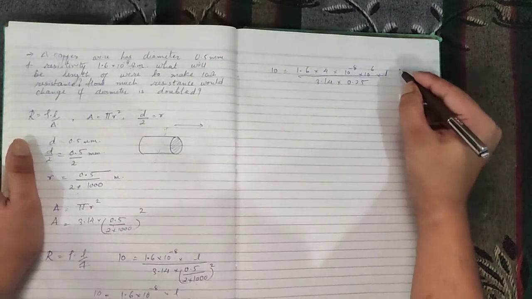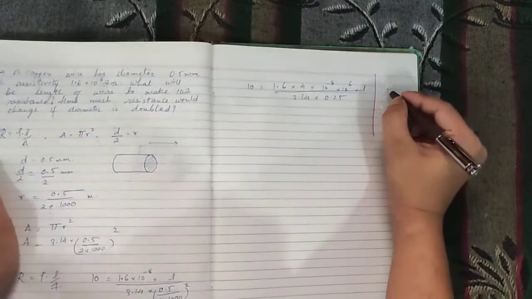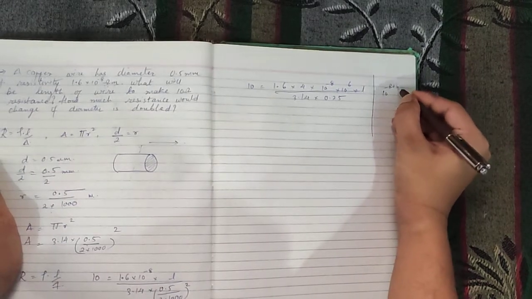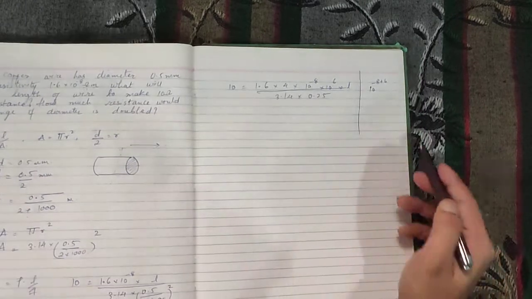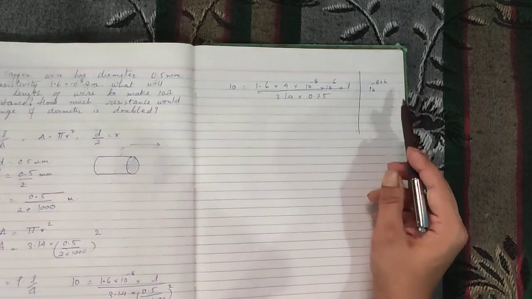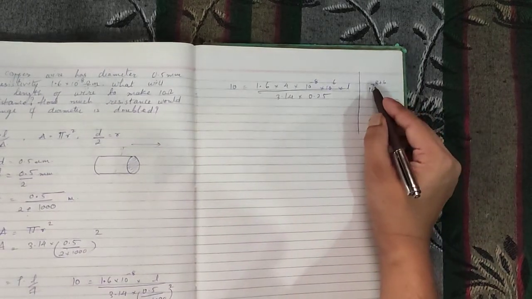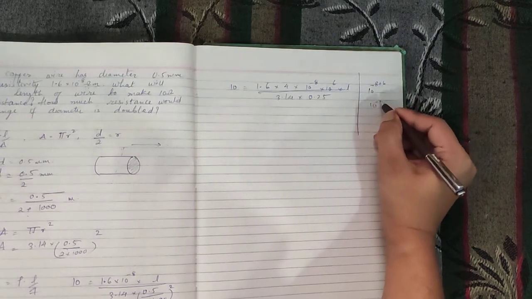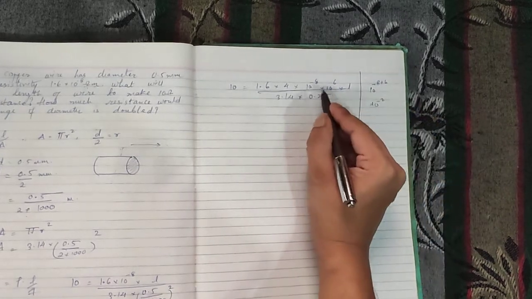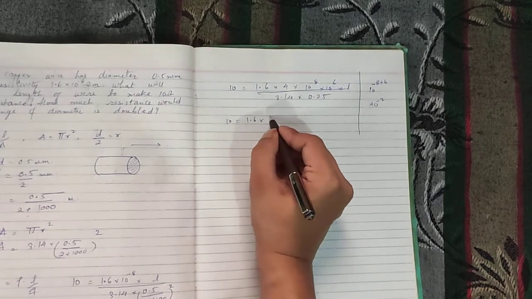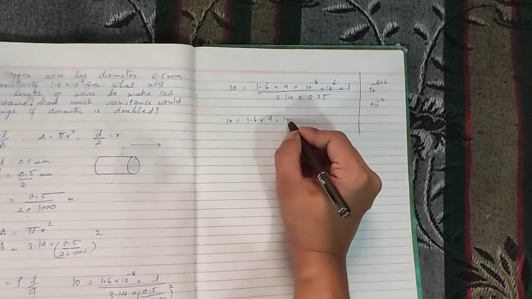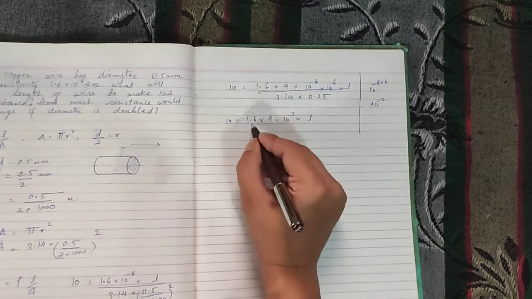Just for your knowledge, 10 raised to minus 8 times 10 raised to power 6, the powers get added. Minus 8 plus 6 becomes 2 with the sign of the bigger number, so what you get is 10 raised to minus 2. So I am writing directly over here, 10 is equal to 1.6 into 4 into 10 raised to power minus 2 into L upon